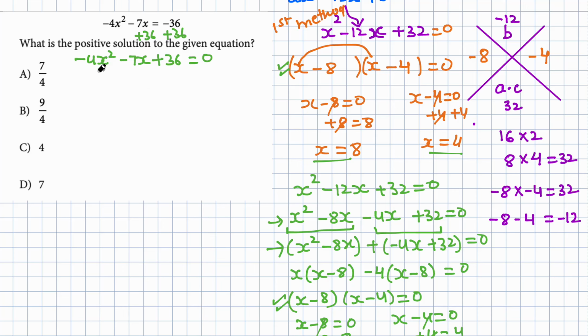Now we always try to make the x square coefficient positive, so we have to multiply by a negative sign on both the sides, and when we multiply by a negative sign, every term has an opposite sign, right? 4x square is negative, it will become positive. 7x is negative, it will become positive. 36 is positive, it will become negative. Okay, now just imagine, as I am doing here, like x and x, I am pretty sure that